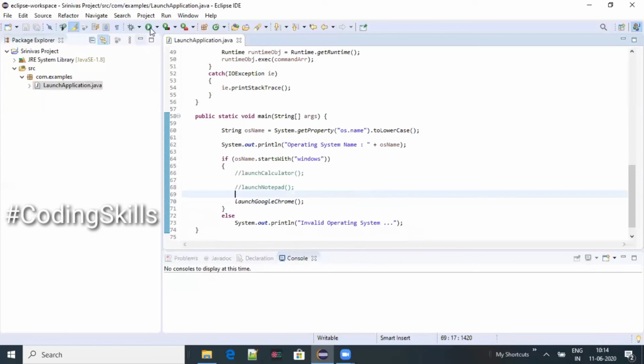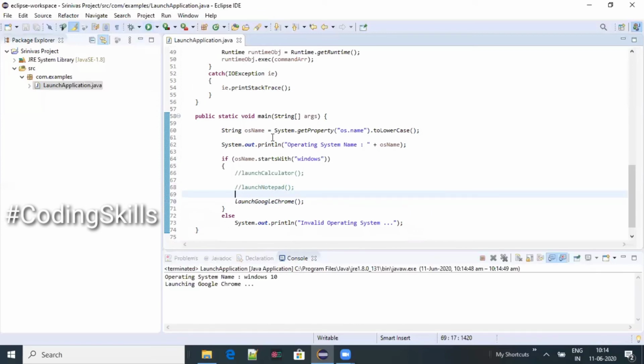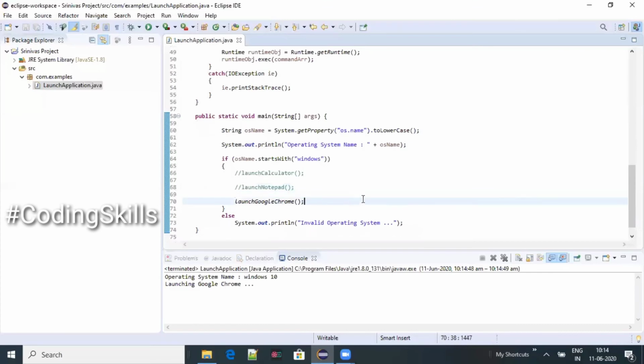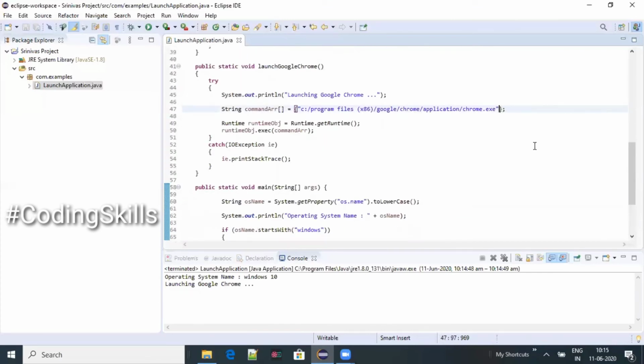Let's run the program to see the Chrome browser. So Google Chrome open. So you can see that no URL is invoked. So we are going to pass a second parameter as some URL of the website. For example, I am giving here http://www.google.com.